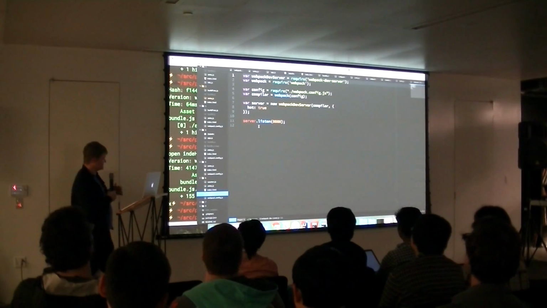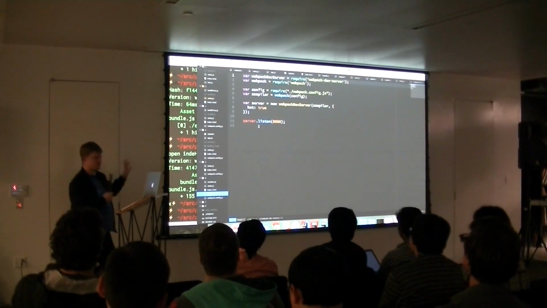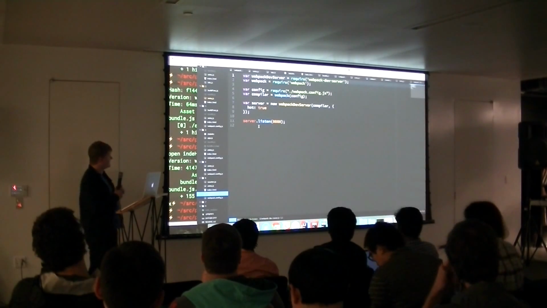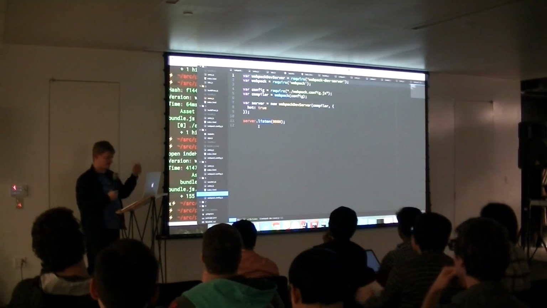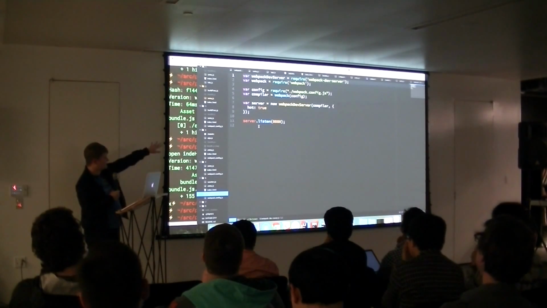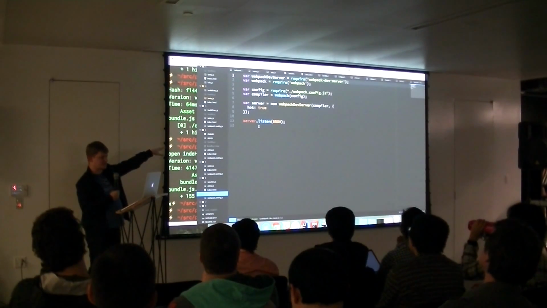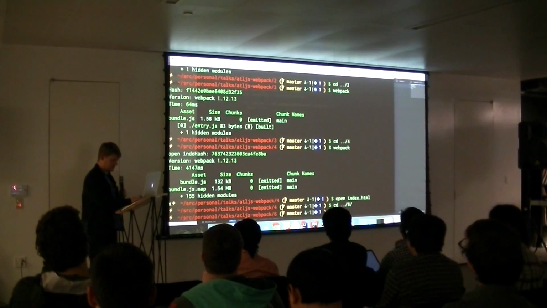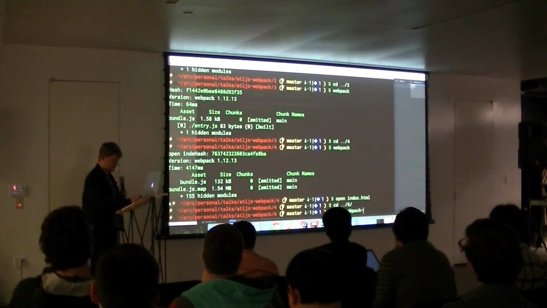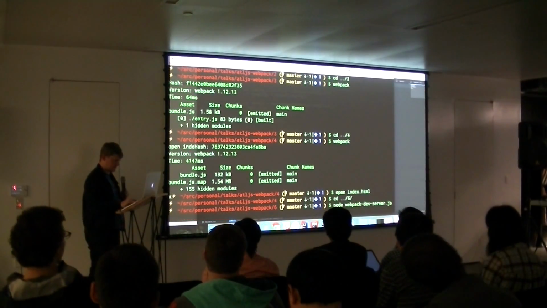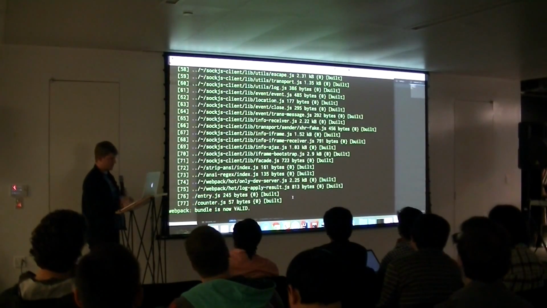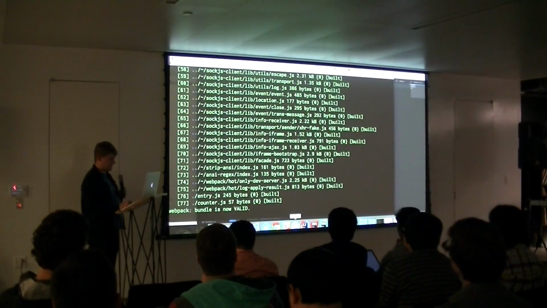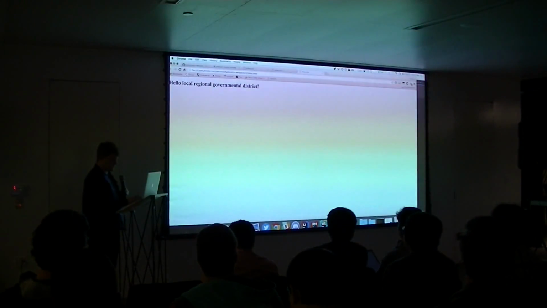So this is the dev server. It's very simple. It kind of looks a lot like an Express app if you've ever written anything like that, or just plain HTTP. It's configurable that way. You can run it on the command line, but I like to run it this way. And just set it up so it will load up the hot module loading stuff for me. So if I kick that off, you can see it's actually built up all this stuff inside of there. A lot of that is for the hot module loading. And then if I